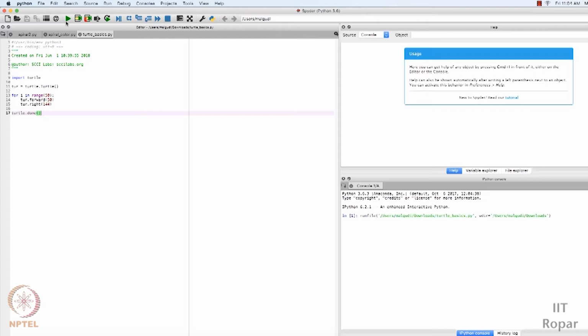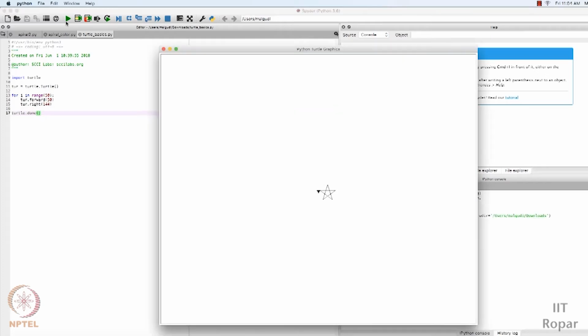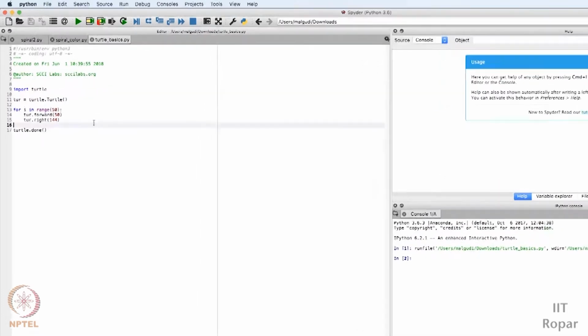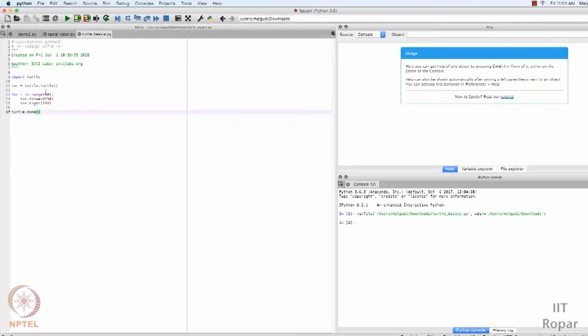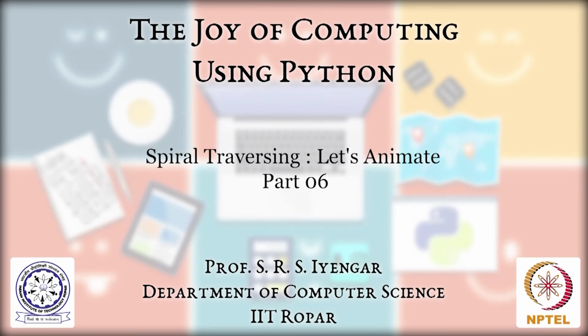Okay, see this. I created a star. So using this, you can create a lot of beautiful patterns with different colors. Great. So we are going to use this library to create our pattern, which is spiral traversal, and the animation that we saw in the first video. We are going to create exactly the same animation using this turtle library.